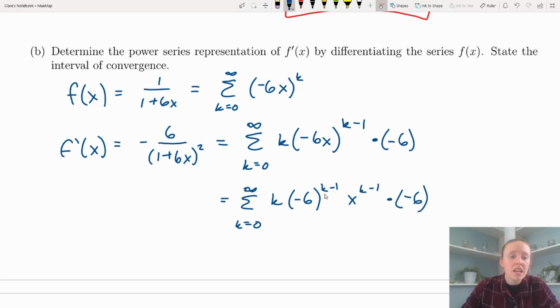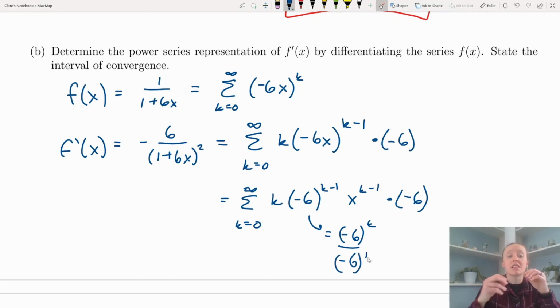But think about this. If I was then to break up this -6 to the k minus 1, that is equal to -6 to the k over -6 to the positive power of 1, because it would be -6 to the k times -6 to the -1, which would get moved into the denominator as a positive. And if I have -6 in my denominator, and I have a -6 in my numerator, those will get canceled out to leave me with